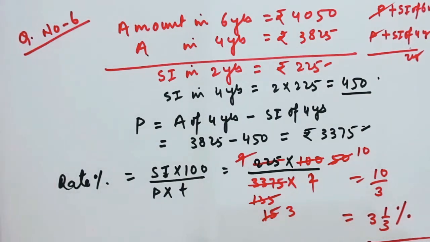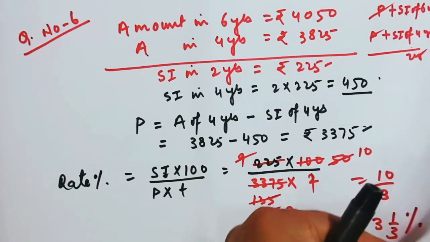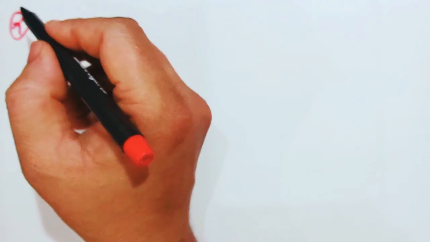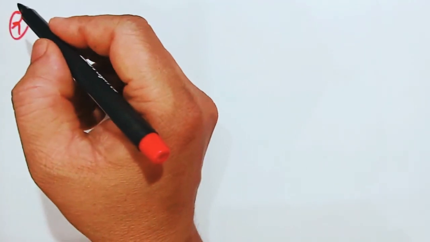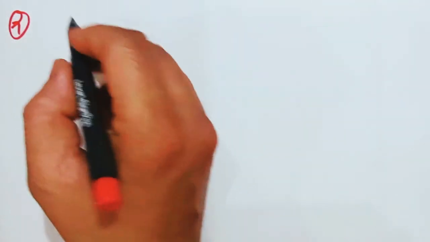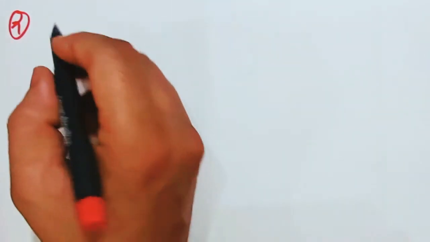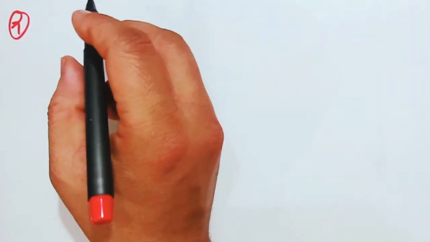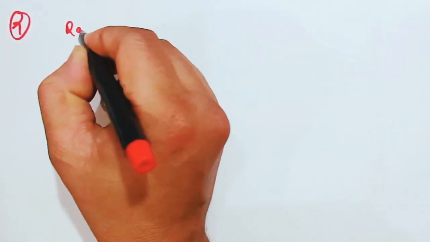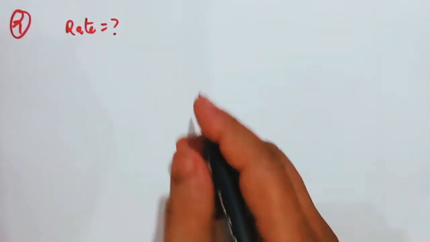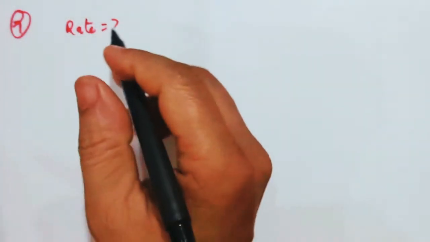See my dear, number 7 is very easy and I hope that you should solve it by yourself. However, I'll tell you just a small portion of it. Number 7 में क्या कर रहा है? तो बड़े 7 में कर रहा है at what rate percent per annum. Okay, what are they saying? They are saying at what rate percent. They are asking you the rate percent. So at what rate percent, rate is equal to how much? Come on, you give me some more data, then only I will tell you how much.